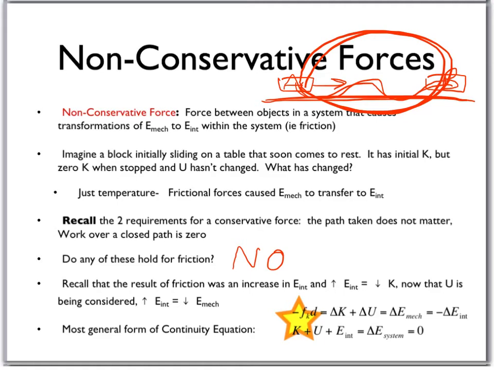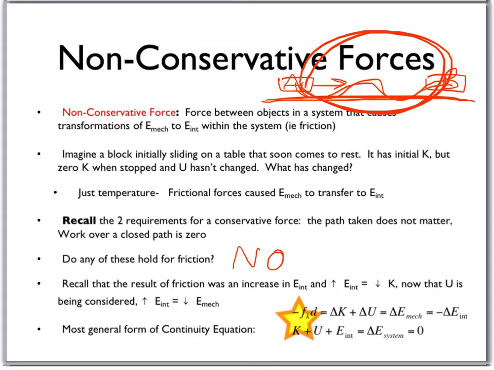So remember that the result of friction is an increase in that internal energy. And an increase in internal energy had to come from somewhere, so it's really coming from a decrease in the kinetic energy as this block slides across the table. Now that we have potential energy that's also being considered in some of our problems, we could say that any increase in internal energy has to be the result of some sort of decrease in mechanical energy. Basically, we have this give and take situation going on, that the internal energy had to come from some other